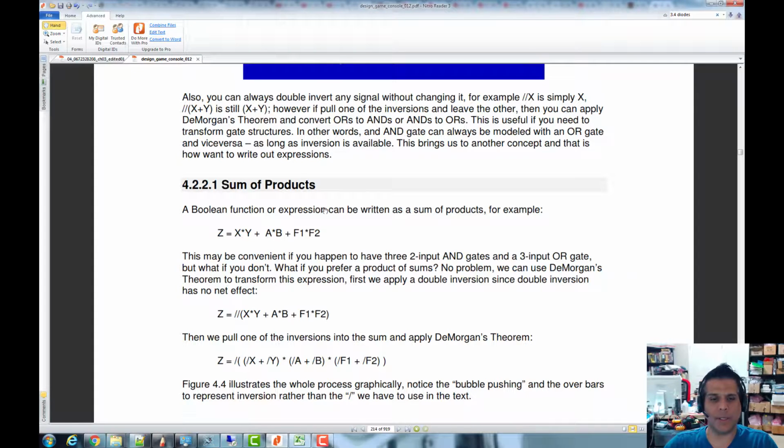So sum of products simply is like a big OR list, right? So z equals x and y, or a and b, or f1 and f2. So see, sum of products. So the products are the ANDs. So these are your AND terms, all right? And then it's all ORed together. And you've got one big Boolean expression that's going to output a 1 or a 0, all right? Now,